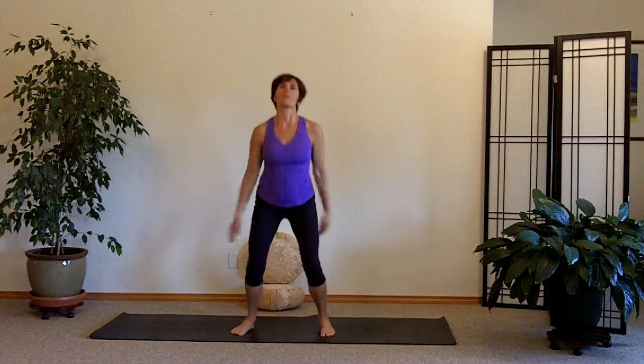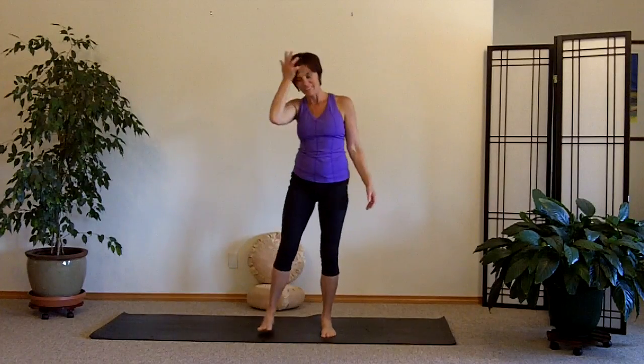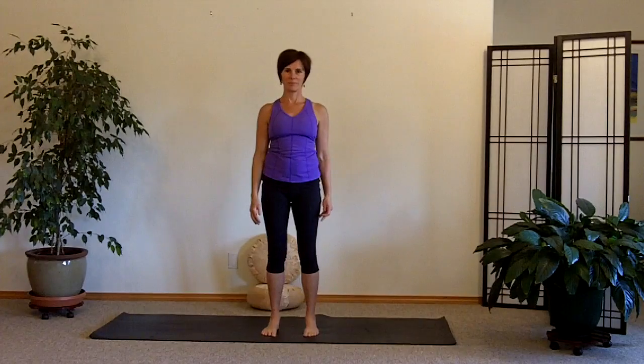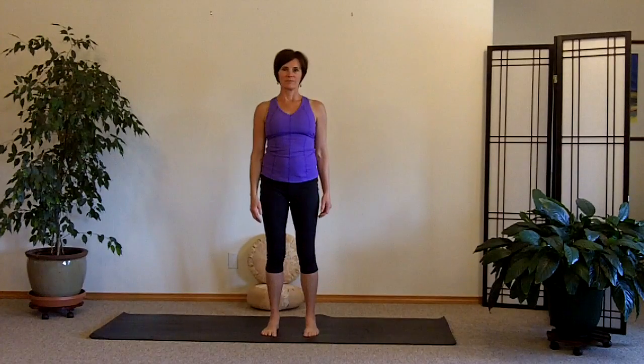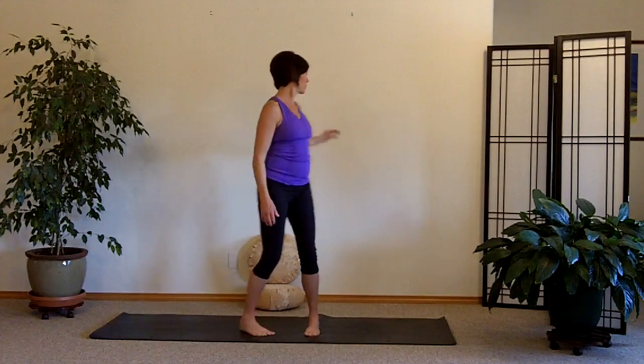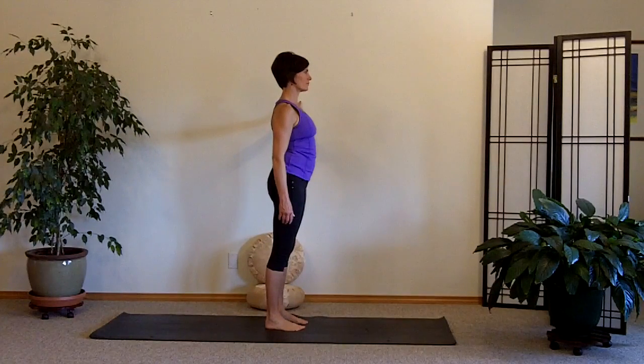Moving down the body, we're ready to work with the hip joints now. You may want to place your left hand on the wall or on the back of a sturdy chair. First, we'll swing our right leg forward and back 5 times. Standing on your left leg, just get ready to open your right hip joint by freely swinging your right leg